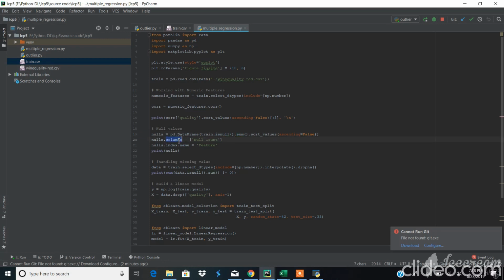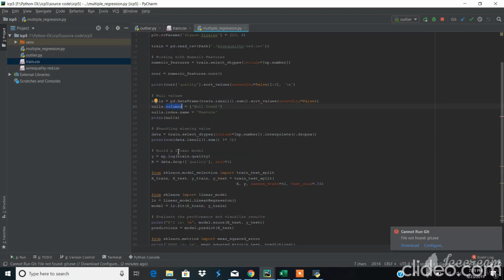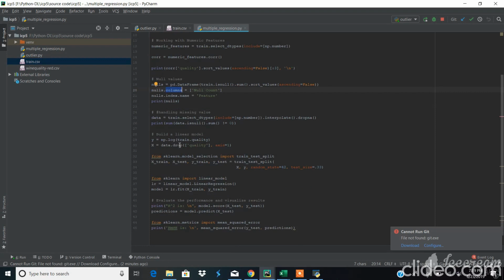We are taking the null column count and the feature name and printing the nulls for each feature, how many nulls are there, and if there is a null then we are dropping it. If at all there is any null in a field, then we are dropping that data,